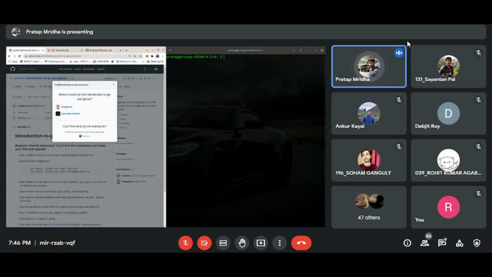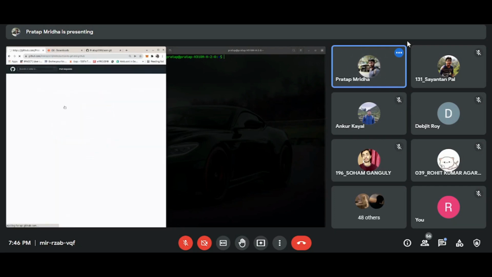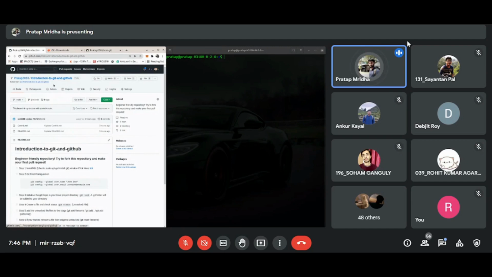Okay, so after that, here you can see two GitHub accounts shown. Basically, one is organizational and one is my personal. So I'm just hitting on my personal. After that, what you can see is that in your GitHub account, you have created a fork repository